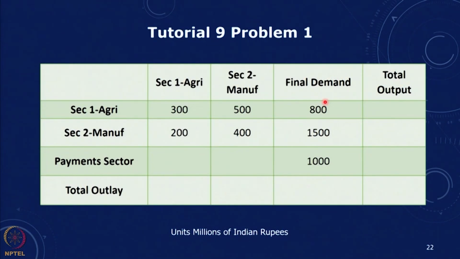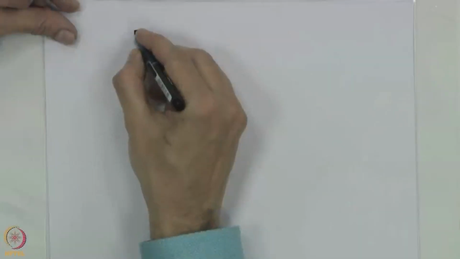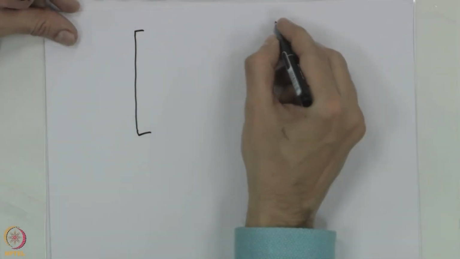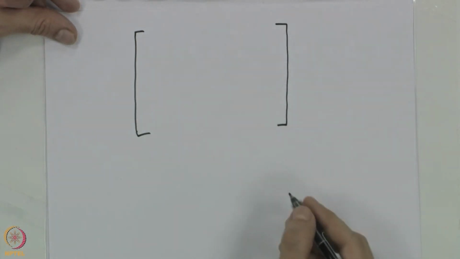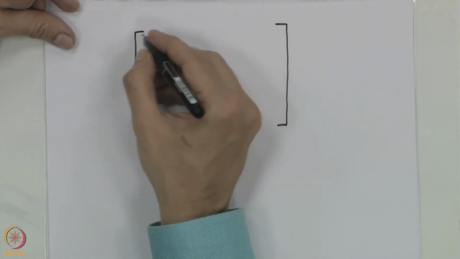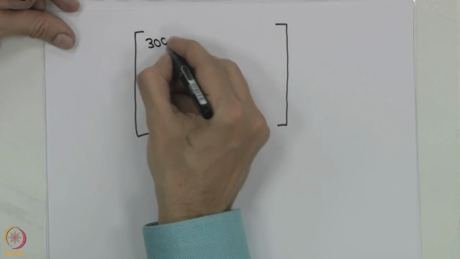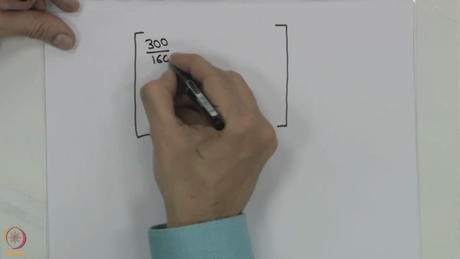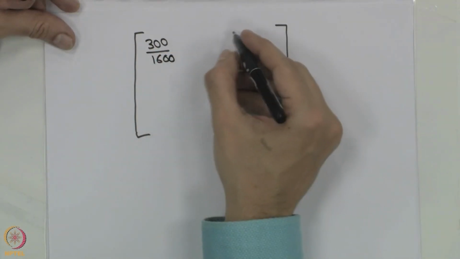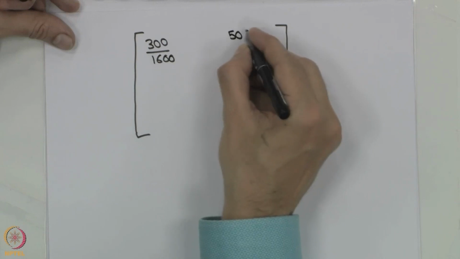The A matrix is straightforward. Let us look at the A matrix. It is going to be 300 by 1600, 500 by 2100,